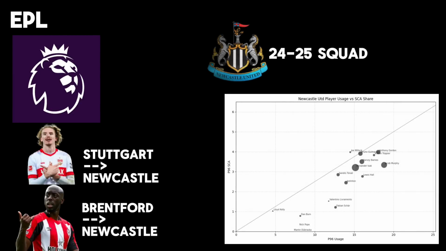Nick Woltemade and Yohan Wissa just moved to Newcastle. Once Newcastle saw the writing on the wall, they tried to get Hugo Ekitike, who, as I said, is super similar to Alexander Isak. And although he's taller and a bit slower, Nick Woltemade was actually the most creative, involved striker in the top 5 leagues last year. So from the perspective of a forward that brings their teammates into play, like Isak did, I like that.